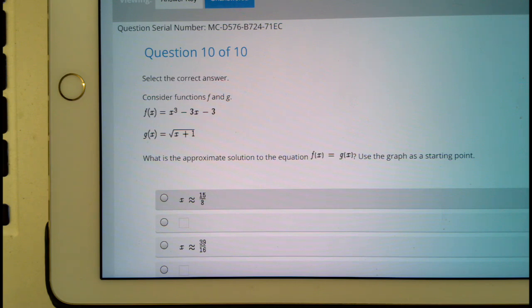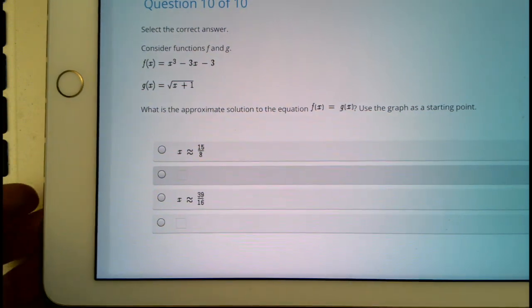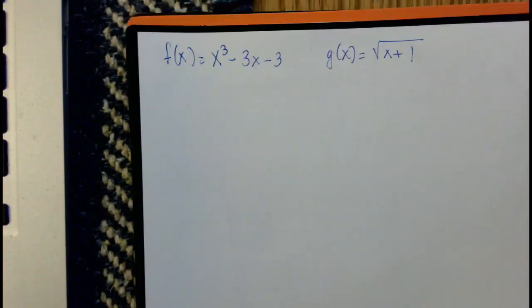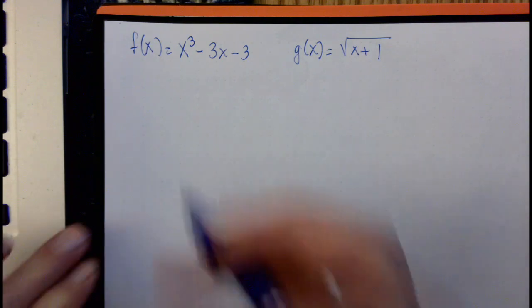Now, you can't see all the answers down below. I'm having some trouble with my internet right now, but I can work the problem out, and we will find the answer together. So I'm going to move over to my paper for the remainder of this video. It will not be short, but once again what it says is that f of x